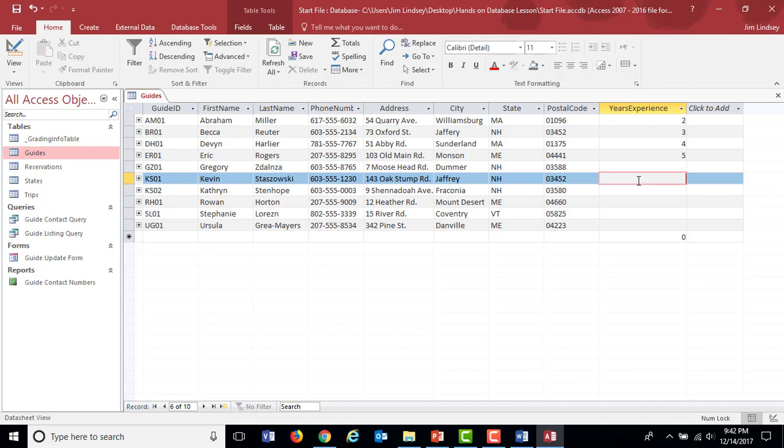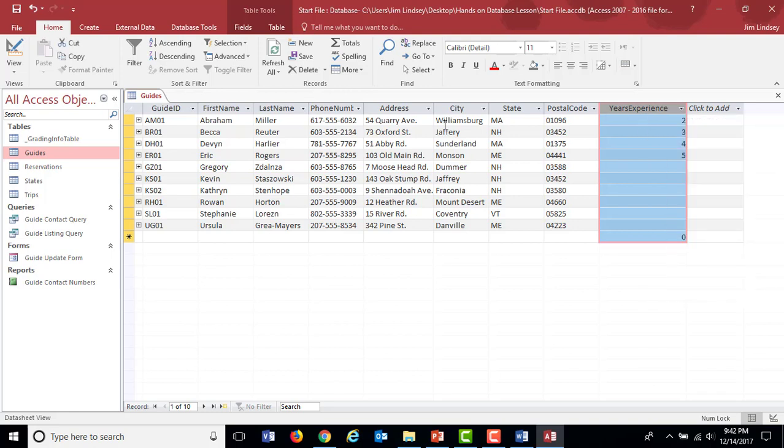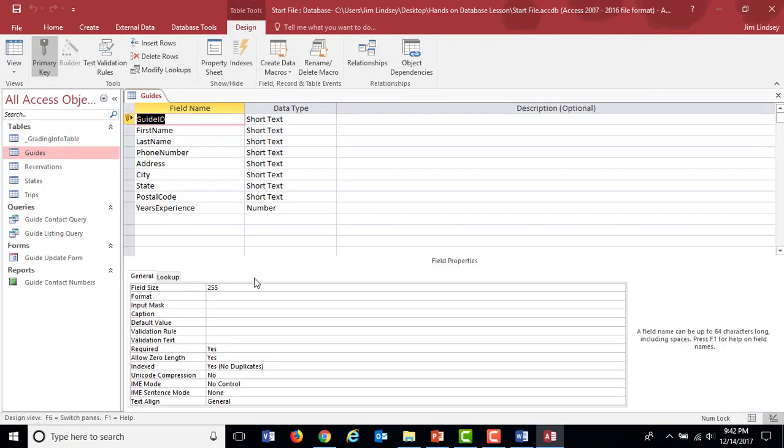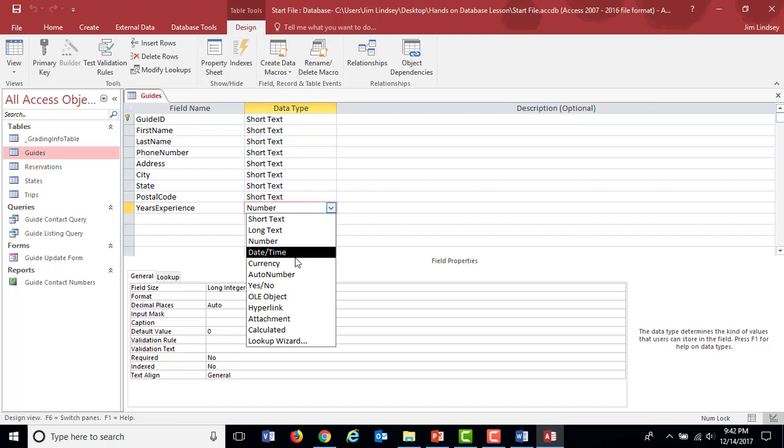What's wrong with this way right here? Well, hopefully what you'd say is, every year you're going to have to come in here and change this value to increment this up another year every time. And I'd say, exactly, that's not a good way to do it. Instead, what you'd probably want to do in the real world is take this and make that a date. So basically make a field called hire date. Let's just jump over to the design view here. So have a hire date with a data type of date, and then